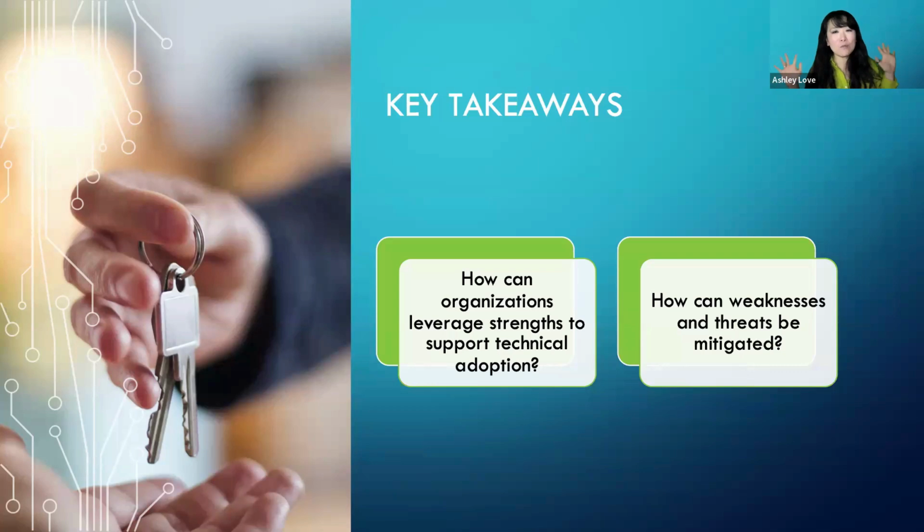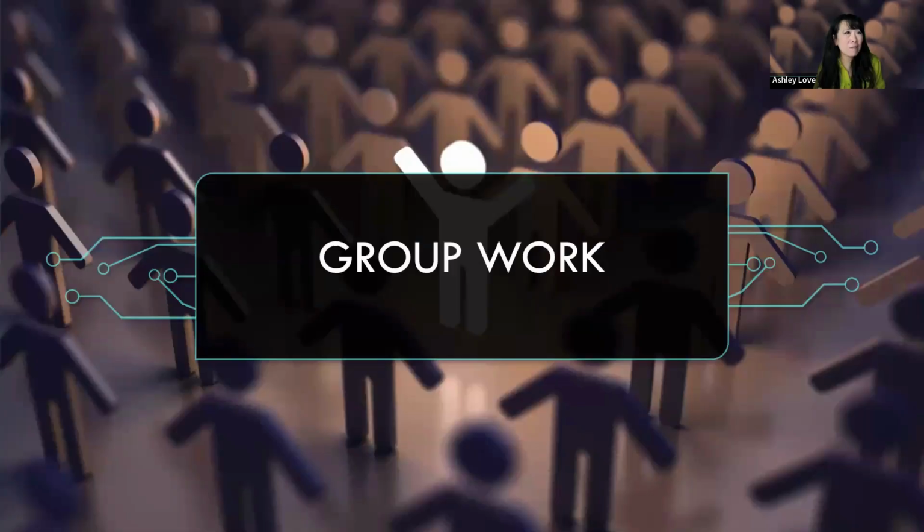A lot of times when we do a SWOT analysis, we give all the facts, but if you're presenting to a stakeholder and trying to get money, you need more. I don't know how many of you have gone through interviews. I know every couple of years I have to go through job interviews because we move unexpectedly. One of the favorite questions is, tell me about your weakness, right? If you are talking about your weakness, you have to couch it with why that weakness is a strength. A similar thing applies here: not only do you identify the weaknesses and threats, but you also have solutions for the people you're asking for funding, as well as adoption and implementation. So we're going to do some group work, and I'm going to stop